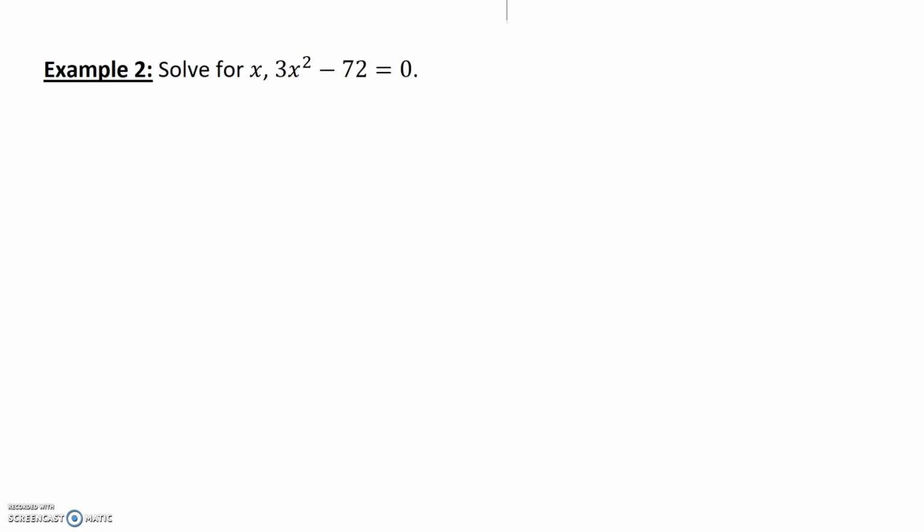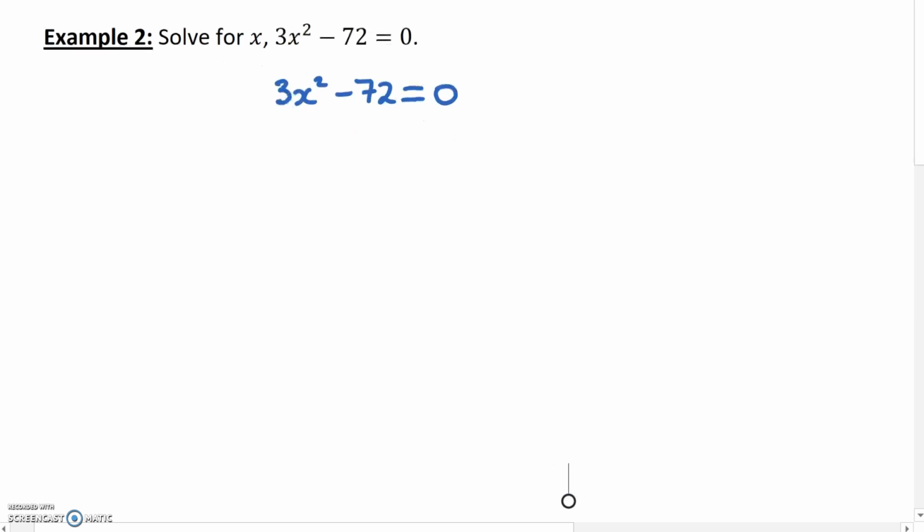Okay, so this time we've got a slightly different equation: 3x squared minus 72 equals 0. We're going to do it using that square root property that we talked about in the previous video and in this section. So let's move the negative 72 across, and that gives you 3x squared is equal to